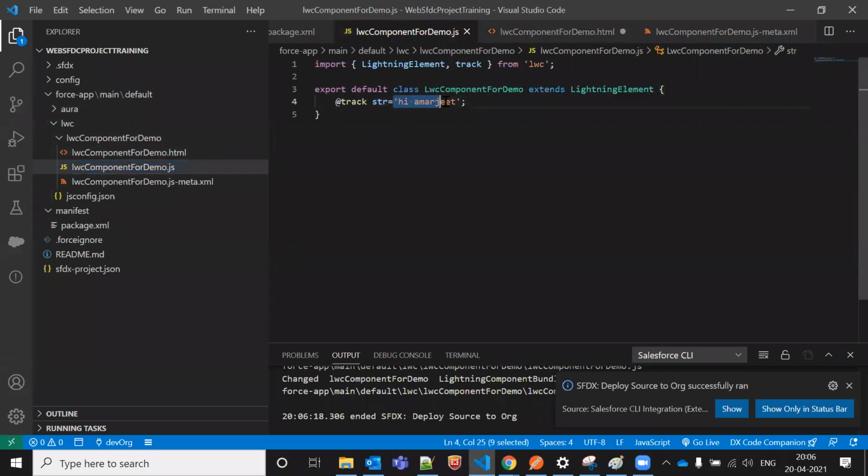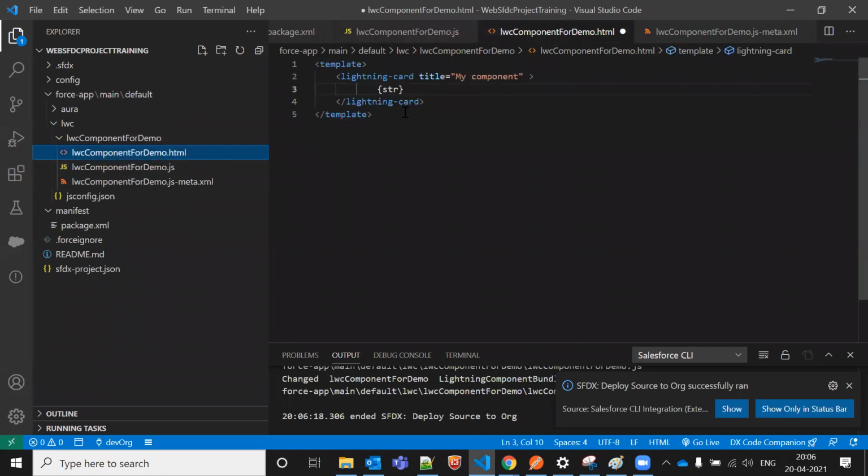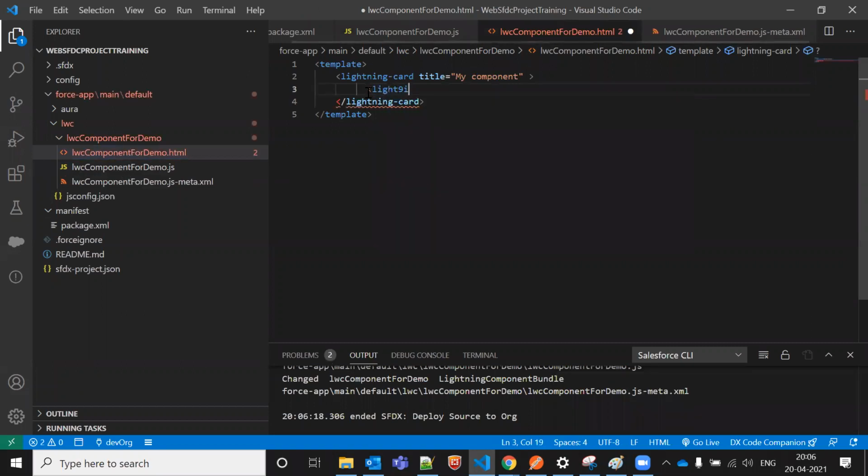So whatever I'm writing here, it is showing the result from the JavaScript side, right? So it's a small component. But yes, as in a Visualforce page, we have different input fields and output fields. Similarly, we have lots of things here. So if I go to Lightning,